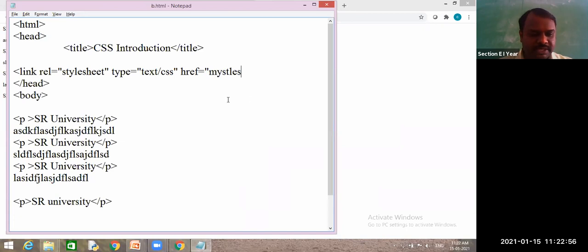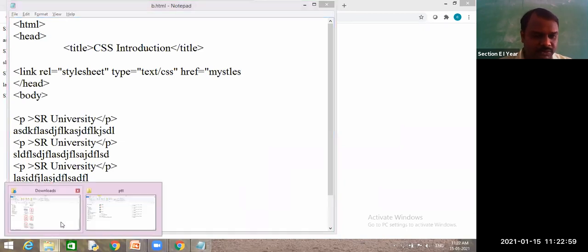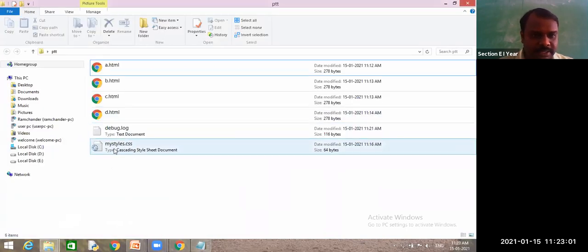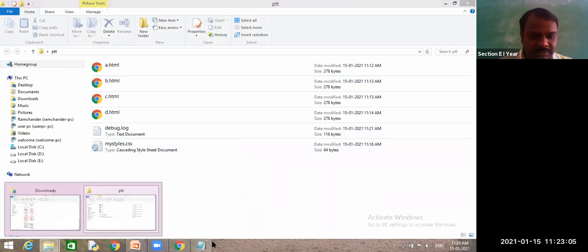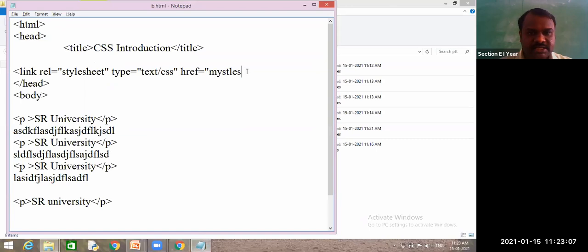Sorry, spelling of the name: mystyles.css. See, this name must match. mystyles.css. Now this CSS link is connected to how many programs?